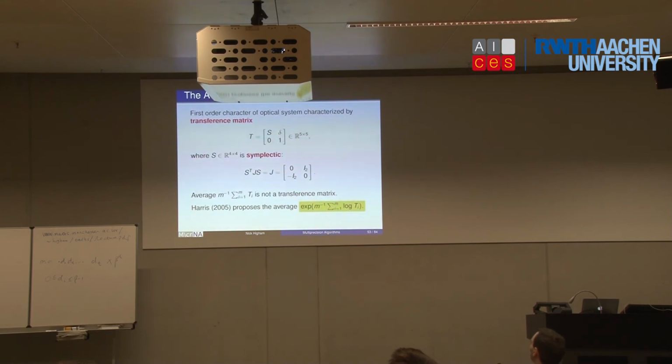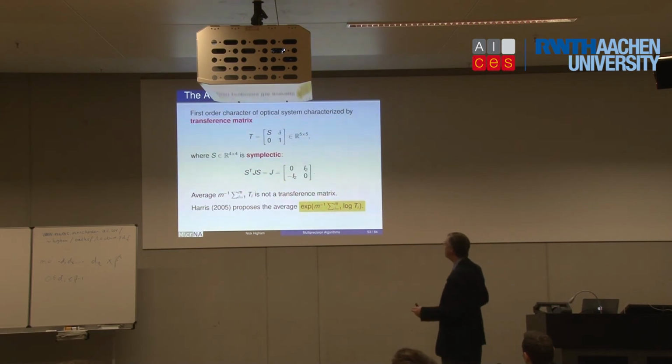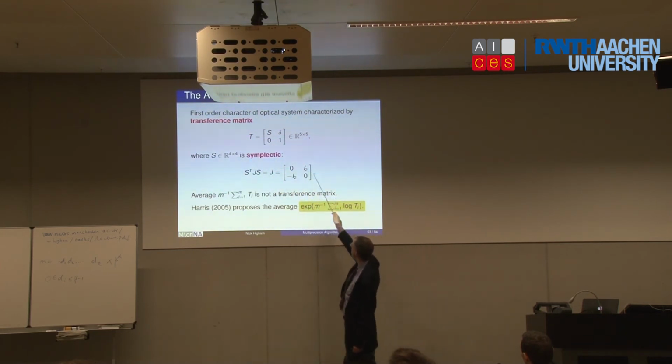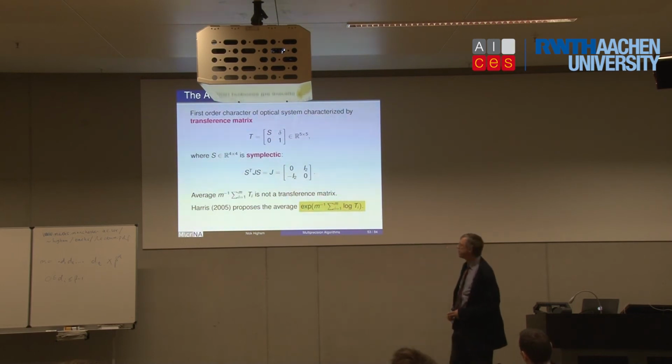Let me mention one application, a bit of an unusual one. Some papers in the literature on ophthalmics talk about using a so-called transference matrix, a 5 by 5 matrix, to characterize an optical system. In particular, the human eye is an optical system that they want to characterize. They have a rather special structure. The top 4 by 4 block of the matrix T, which is called S, is actually symplectic. So it satisfies S transpose J S equals J, where J is this anti-diagonal matrix. So this is a very specially structured matrix.